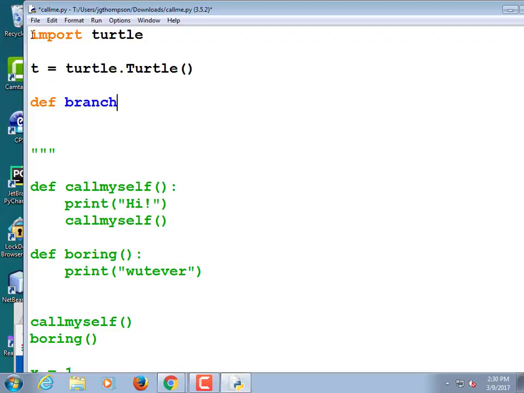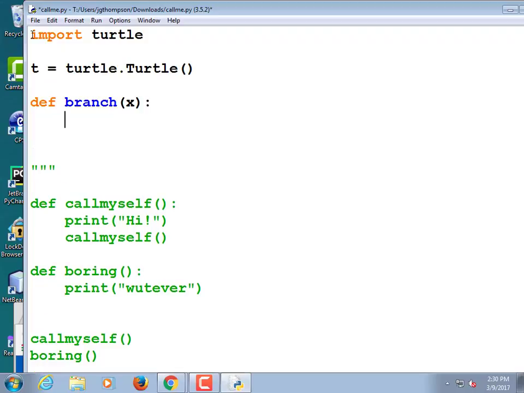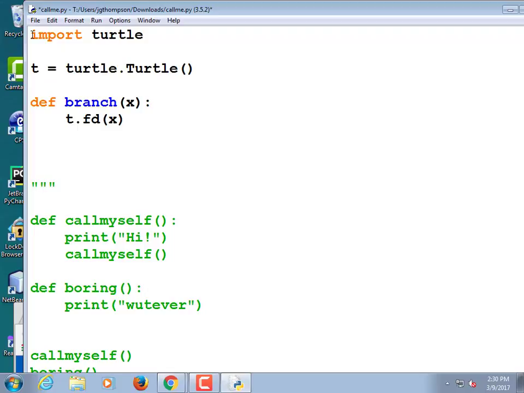Define branch, and it's going to take a value x. What branch is going to do is make the turtle go forward that many pixels. Then it's going to turn left. What would be a good angle?